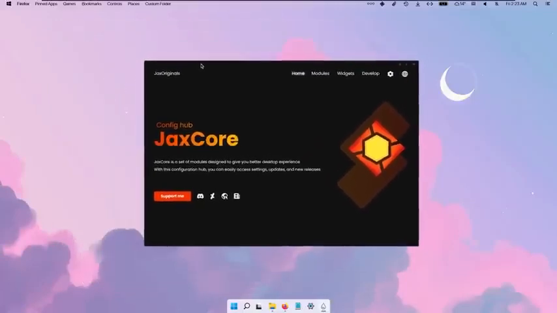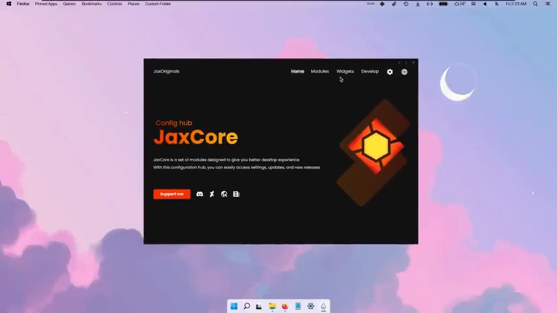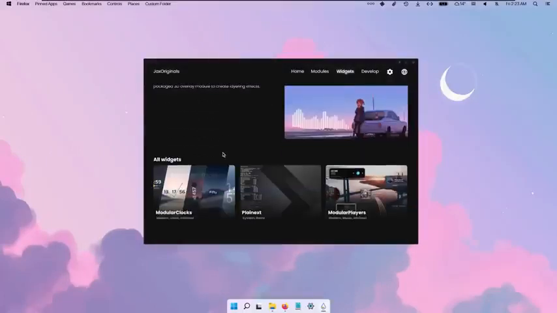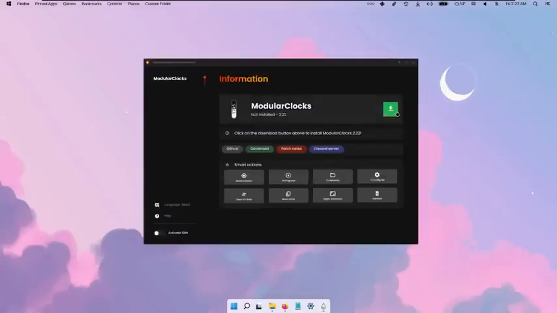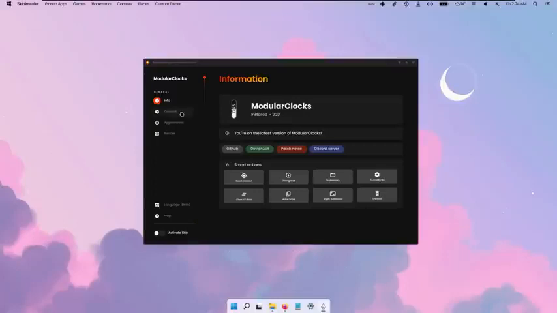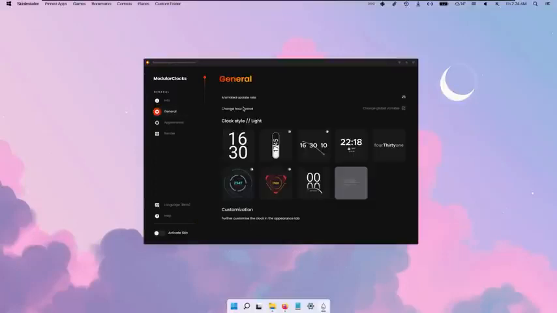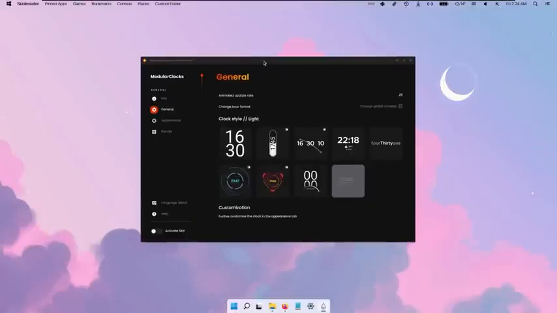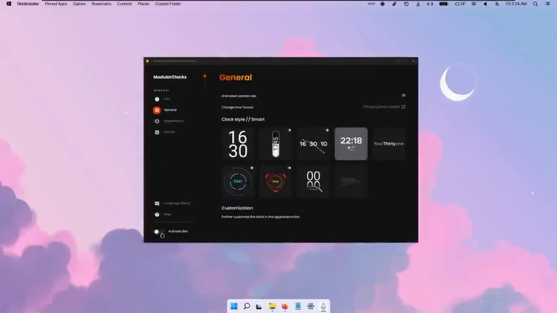I will just resize the window, and then go ahead to your widgets. And here I usually use 2 widgets, which first one is modular clocks, and then the second one is modular players. Click on the modular clocks, click here on this green arrow to install the widget. And then go ahead to the general, and here select the widget that you want. I prefer this one with the weather. And then go ahead to the bottom left to activate the skin,